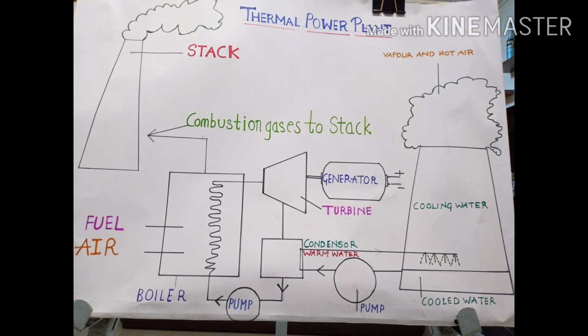So let us look at the different main parts of this power plant. The first part that you are seeing here is a boiler. The boiler basically contains fuel. In this case the fuel is coal, a fossil fuel, and there is an air chamber. The air chamber is there to supply air so that complete combustion of coal takes place within this boiler. So inside this boiler you have the fuel along with air to enable the complete combustion of the fuel.